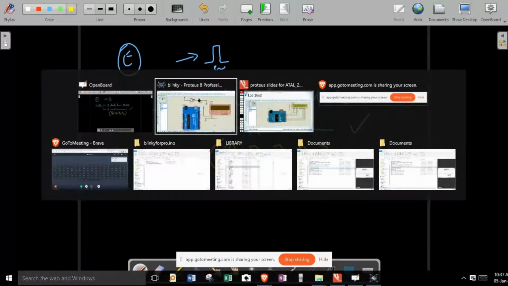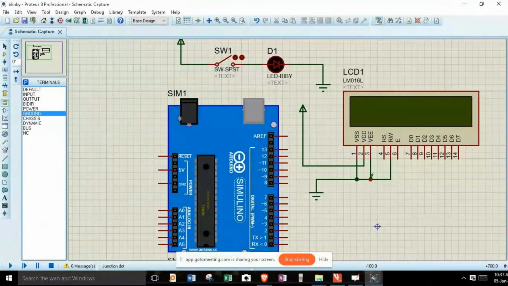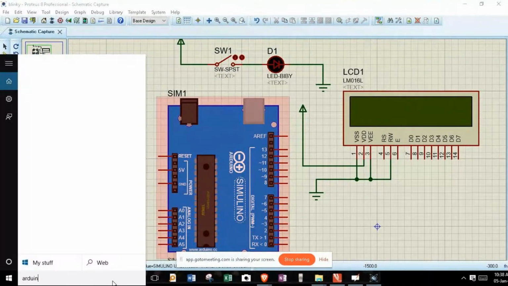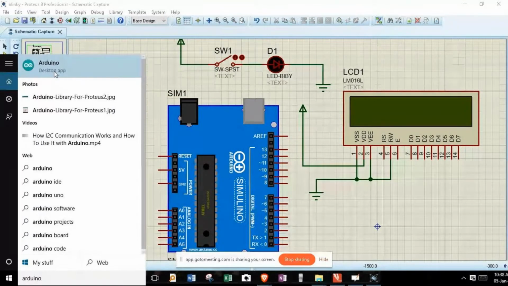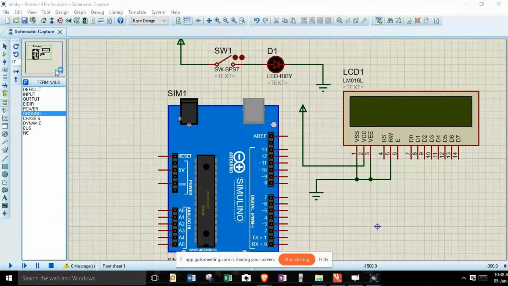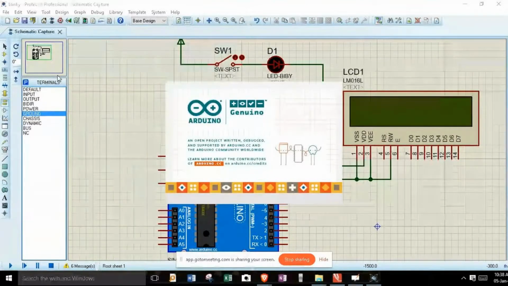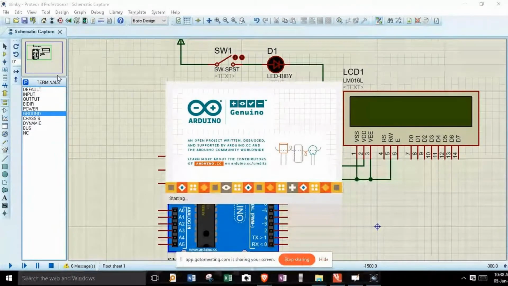So now let's go through the program, for which again I'll make use of a third party IDE, that is Arduino. Because Arduino comes with its own set of examples, we need not write any line over here. All we got to do is make use of the example programs that are already inbuilt.